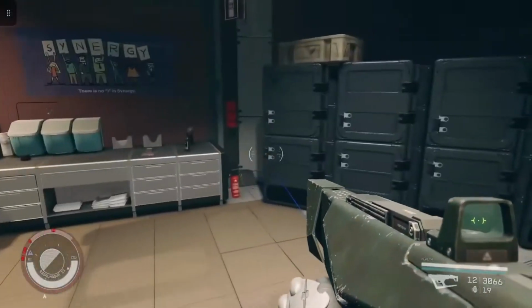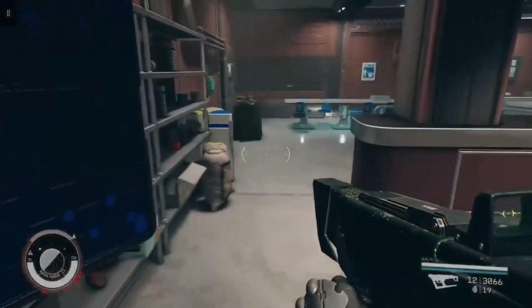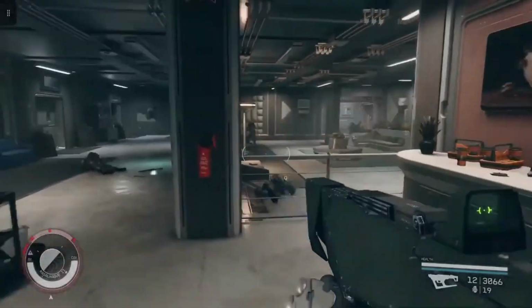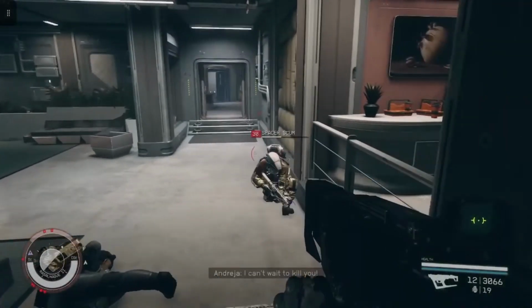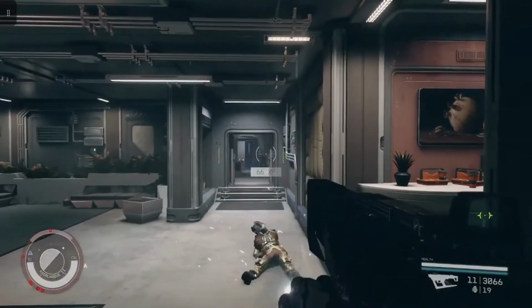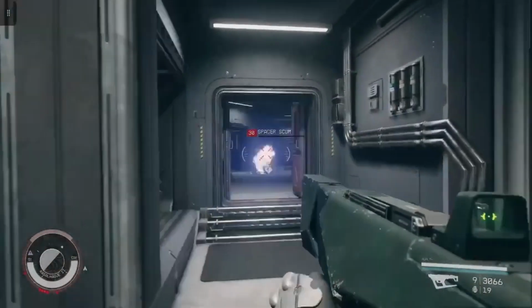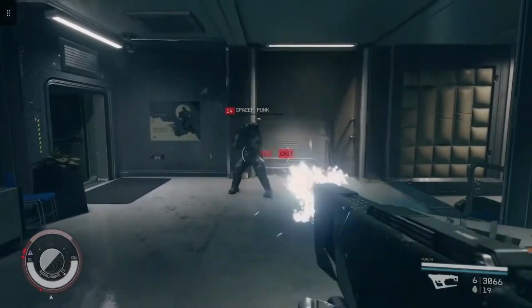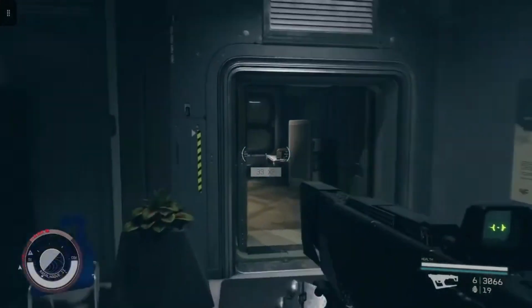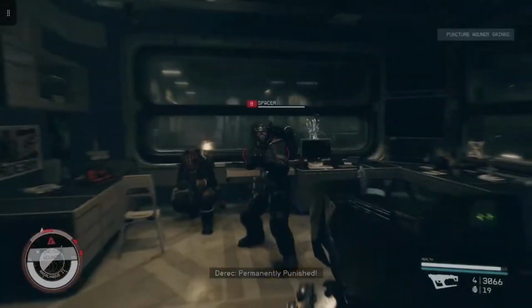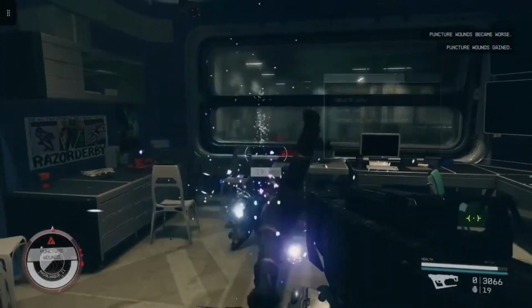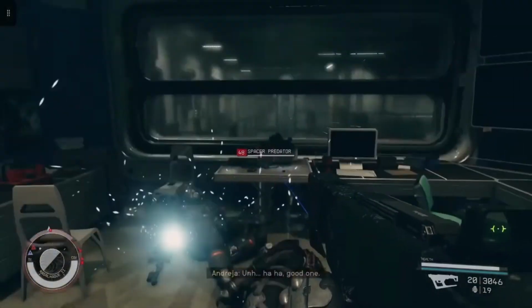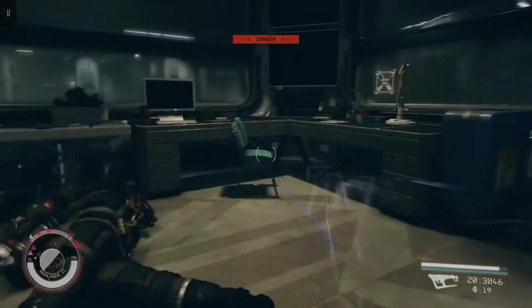I'm able to suspend disbelief and go, hey, this is a prefabricated building that the UC dropped onto a planet, and yes, I can see the differences in how the furniture's set up and the number of enemies. It doesn't look exactly the same. I know one of the end goals of the author is to add procedurally generated clutter to the points of interest to give it even more nuance and difference from player to player, so we're not just stuck with 5 variations of each of the 82 different hostile locations, but